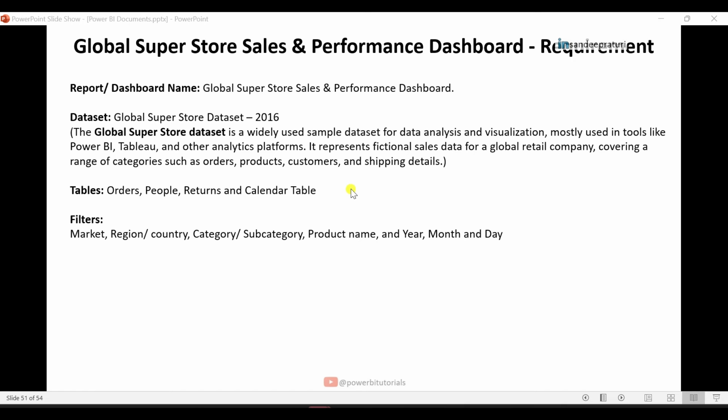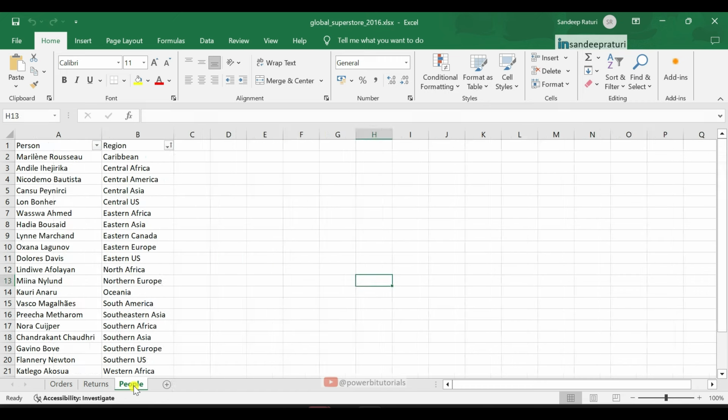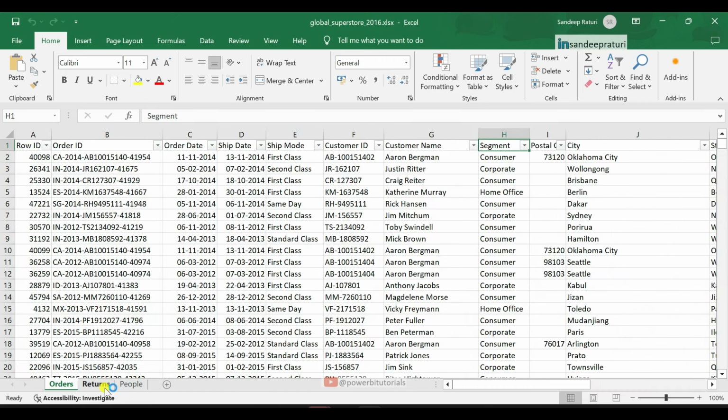Now I will show you the dataset. So here you can see this is the Global Superstore Dataset 2016, and under this we have three sheets. First one is orders, second is returns and third is people. Mostly in this project we will use two tables, orders and returns. The orders table contains the order information of customers.